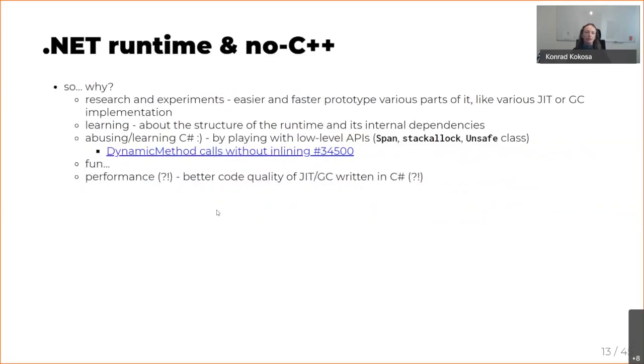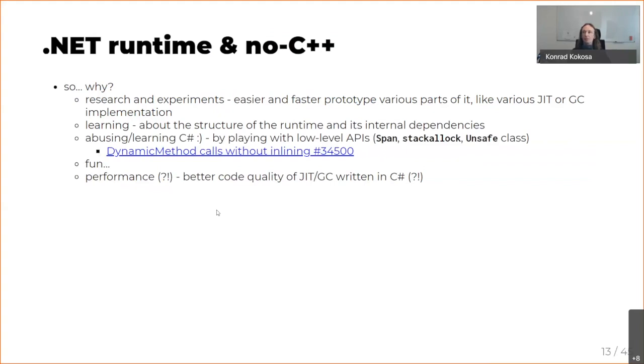So in the end, why the whole idea of Mobius? It's a crazy idea. First of all, to make something very similar, something for research and experiments. It will be much easier and faster to prototype various parts if you have everything in C#.